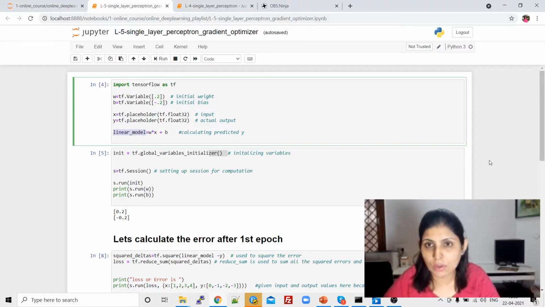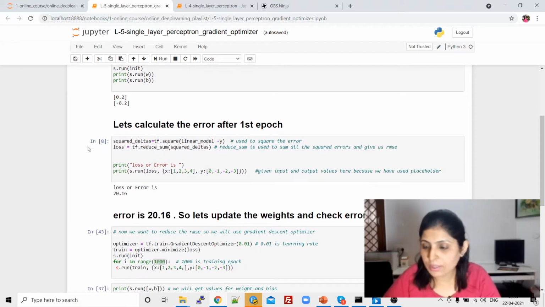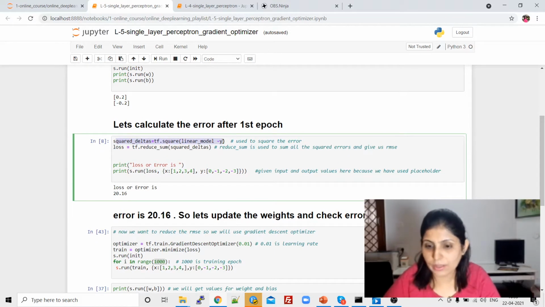Now after that, see over here, we are calculating the error. We are using RMSE to calculate the errors. And till now we have just built a graph. If you want to see the output, we need to run the graph, right? So s.run. S is a variable in which we have stored a session, and .run is a command by which we can execute our code. Loss is a variable in which we have written the code for calculating the loss.